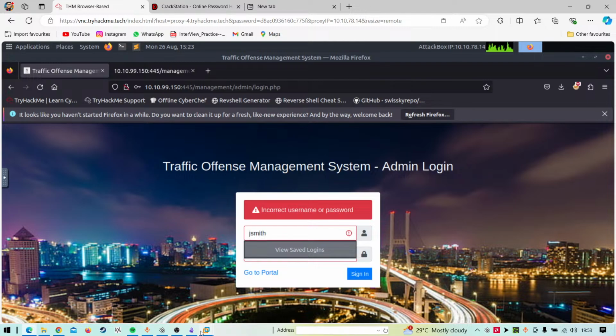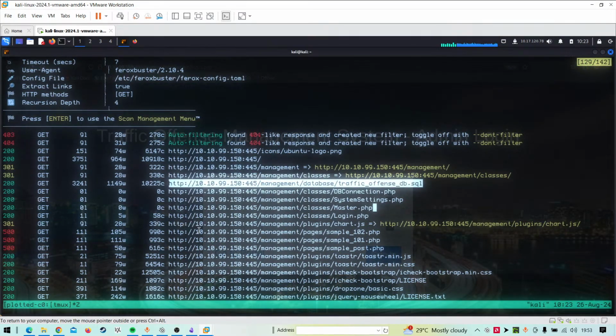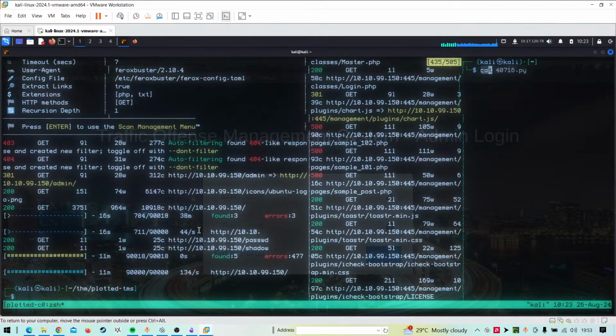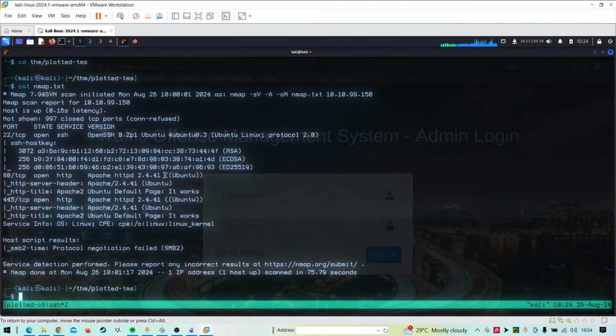Do we have SSH open? I think I forgot if SSH was open. Okay, I can just maybe delete. Yeah, we have SSH open.